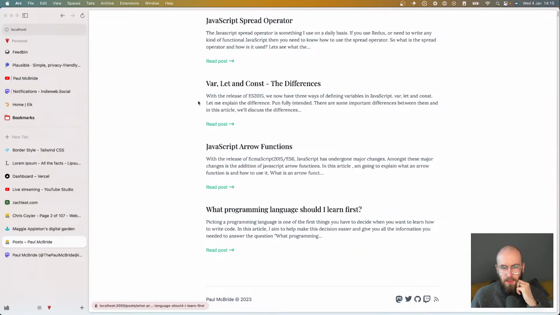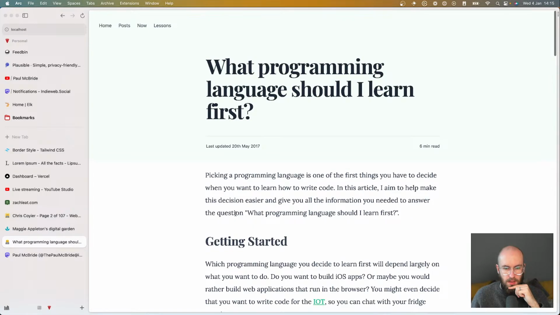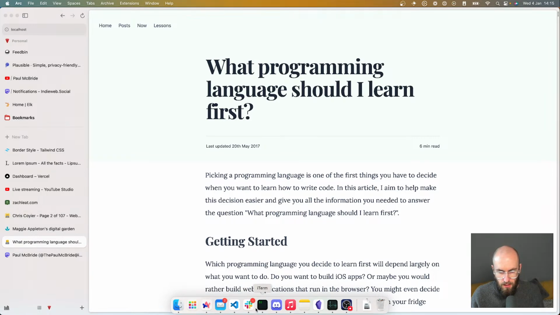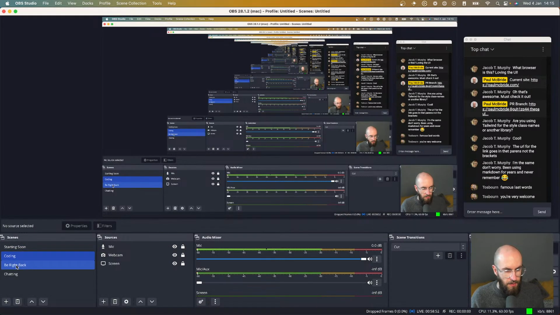I want to be able to mark some of these pages as like out of date and stuff. Like this one, written in 2017, it needs updated. Oh, there's someone at my door. I will be right back. Unlucky for you viewers, I have built a little page